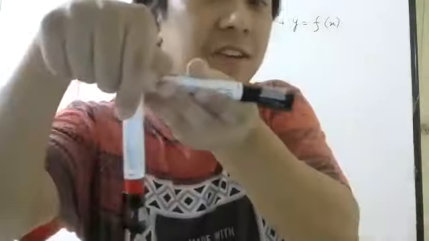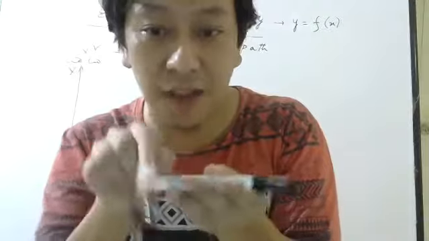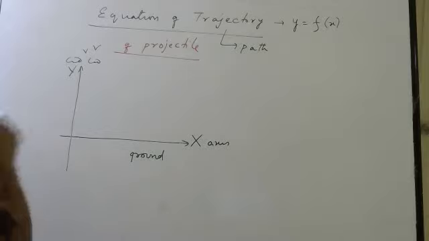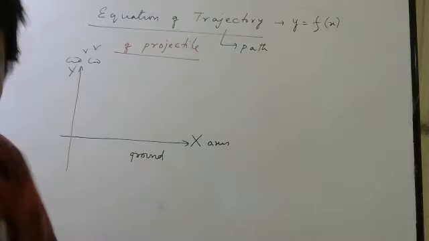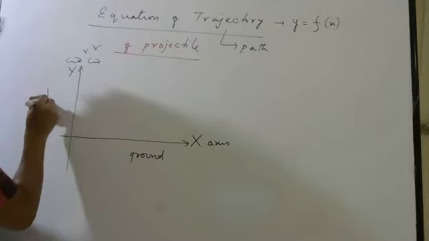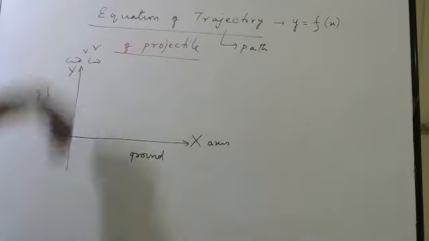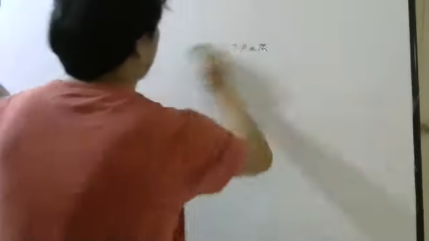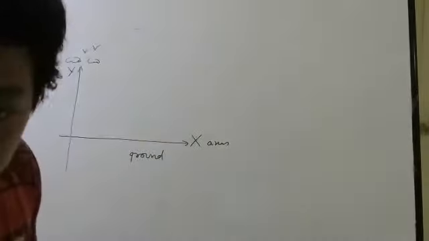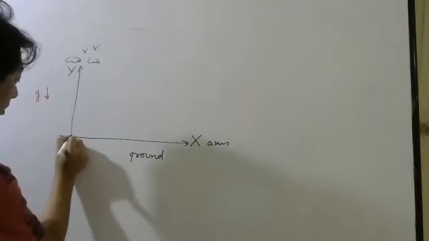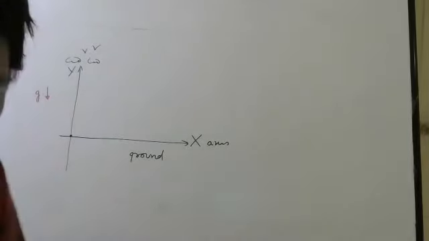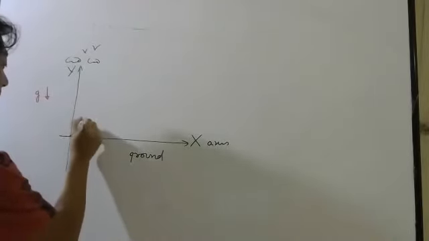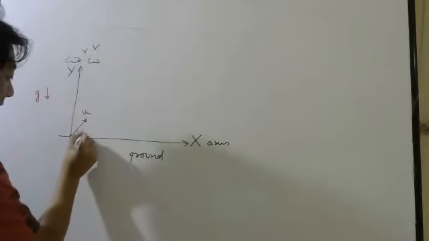This is also 90 degree, no? See, so I don't want you to think x and y are here. Y should be vertical. Okay, so if y is vertical, you all know acceleration due to gravity is in this direction, right? Downwards. So now think there is a football here, or any particle. And I will give it some initial velocity at some angle theta.